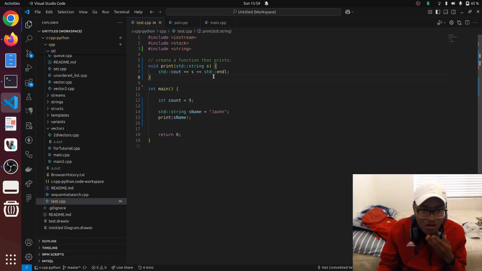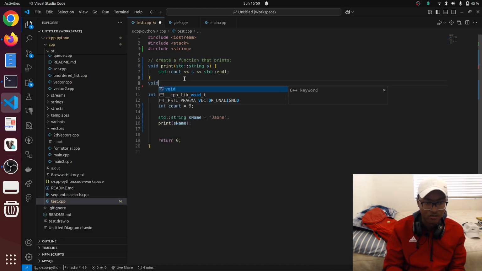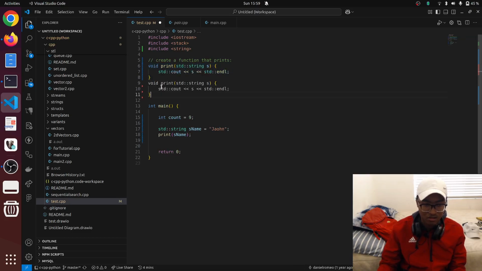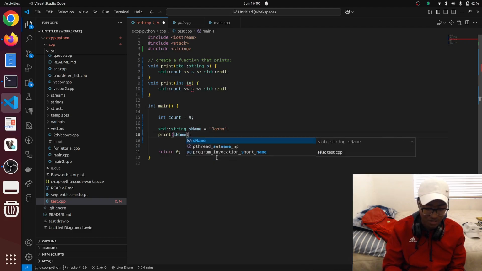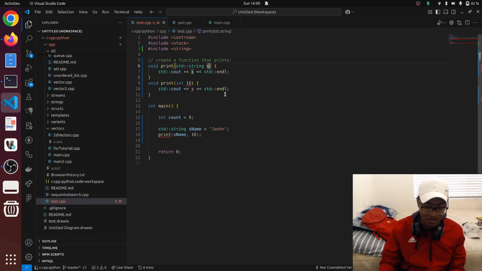What do we do now? So let's try and pass in a number. I'm just gonna copy this, paste it. We're gonna take std::string, not std::string, int. We're gonna pass in i, it's an integer. We're gonna pass in 10, or maybe we should tell it how many times it should print. So s_name, maybe print it 10 times. So it's also going to take in a number, int print